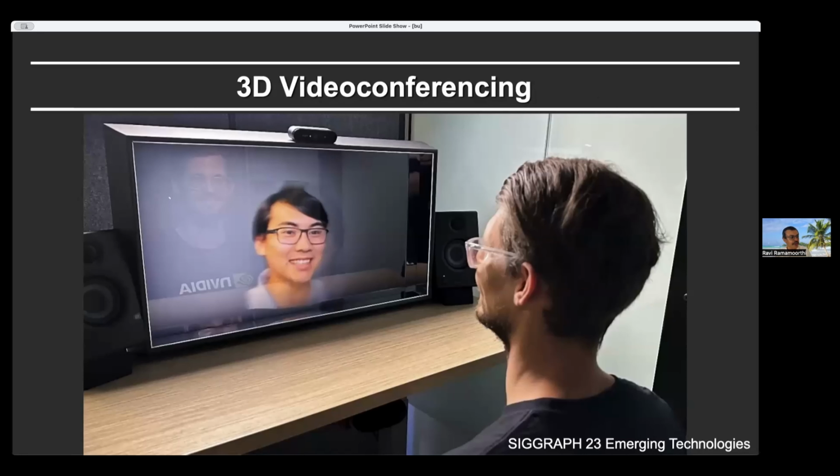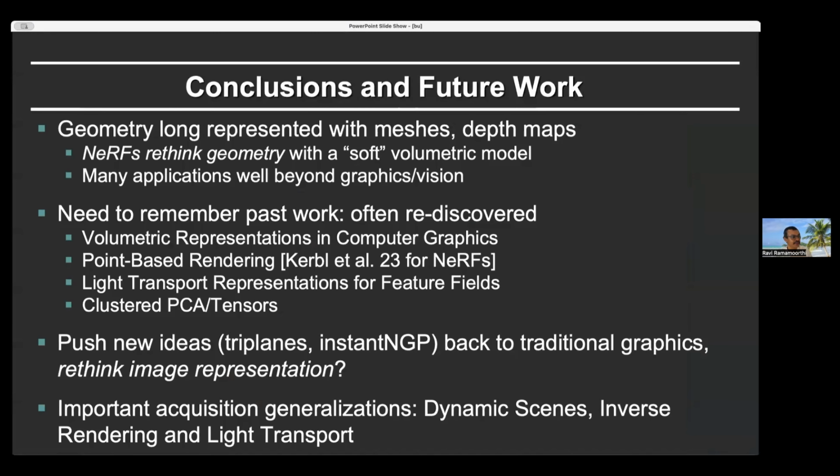And finally, there was a demo at the SIGGRAPH 23 Emerging Technologies where the face is actually displayed on a light field display that enables you to display it in realistic 3D. And you can use this for 3D video conferencing. There's a lot of potential for the next generation of video conferencing methods. In conclusion,